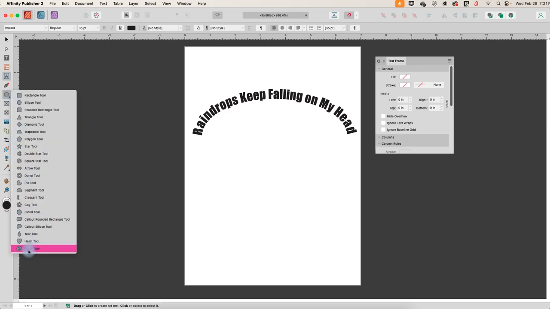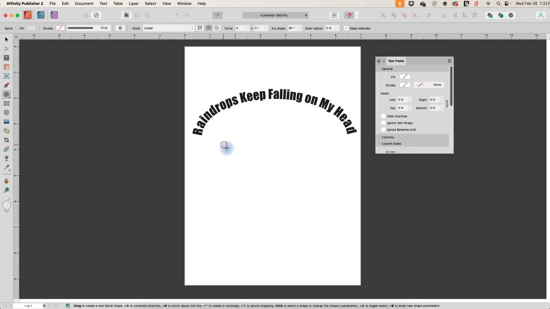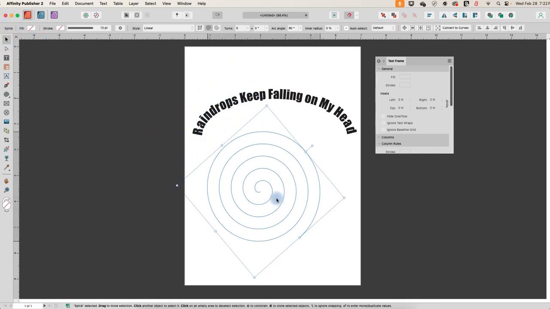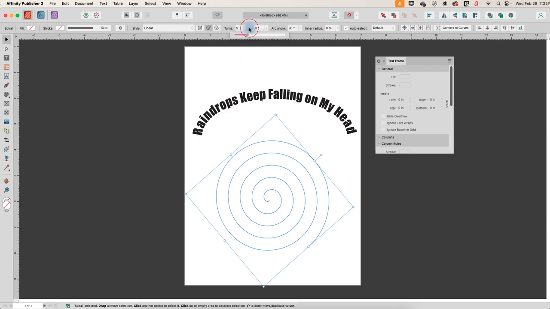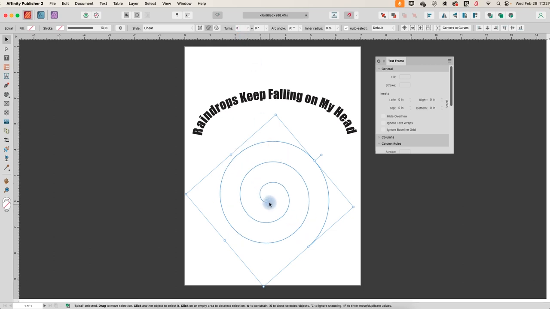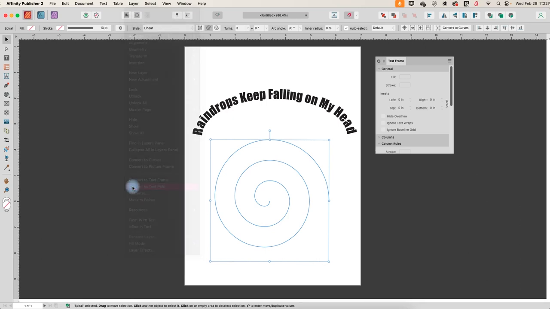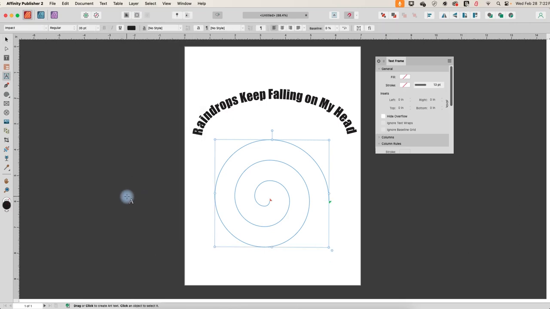So for this one, let's use the new Spiral tool. So we'll draw out a spiral, and we'll move it over here, and I just want 3 turns for this. So up in this box here for turns, we'll just switch that to 3, and I will rotate that like that. All right, now we're ready to do Layer, Convert to Text Path,